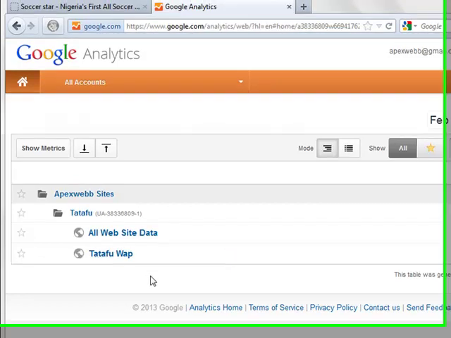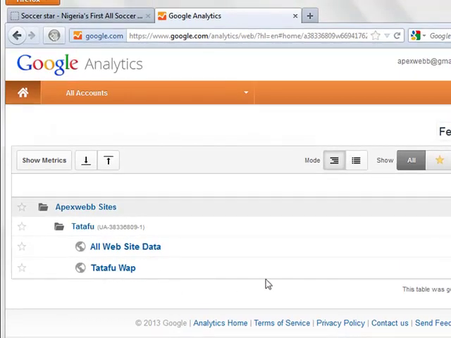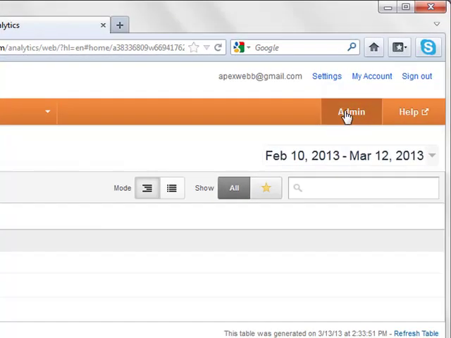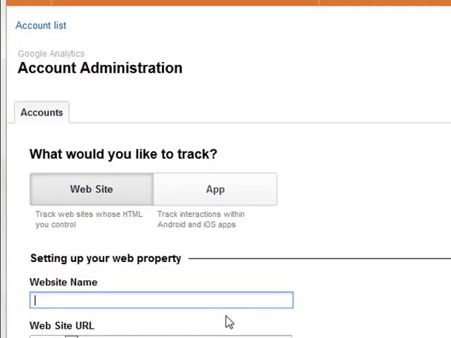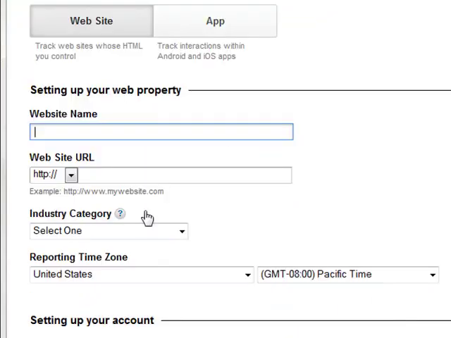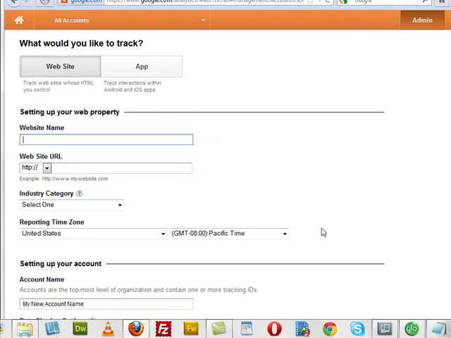Ordinarily, if you are logging in for the first time, of course you will not see this. This area of the page will be empty. So in order to create an account for any of your websites, all you need to do is go to admin. You click here, new account. So here, this is where you type in the details of the website you want to monitor with Google